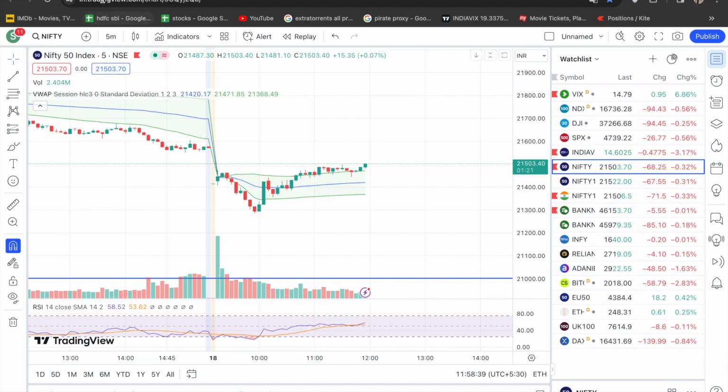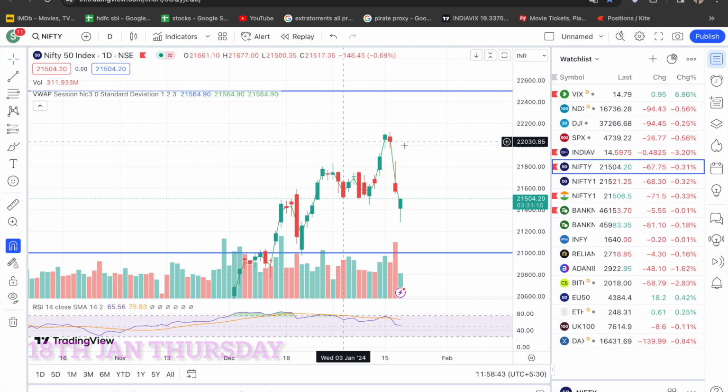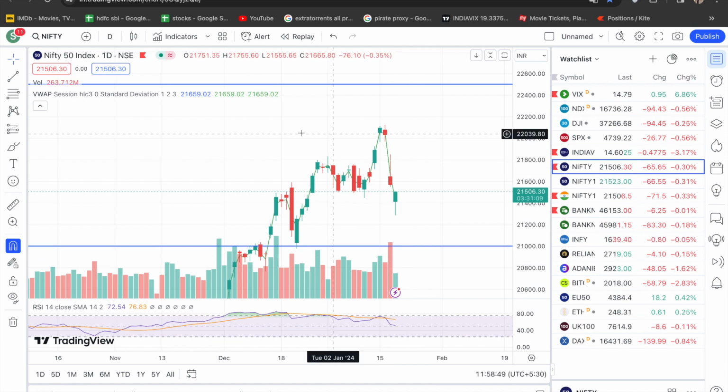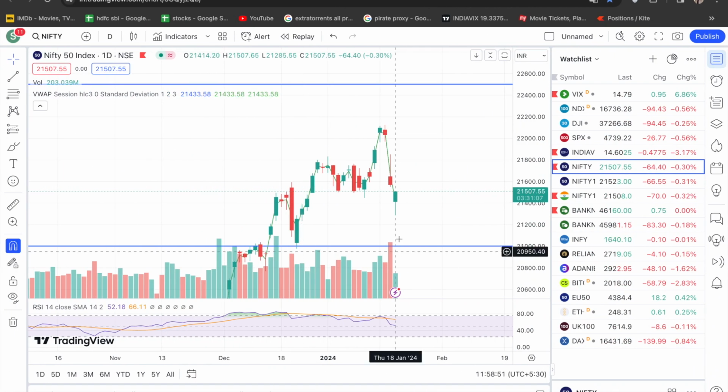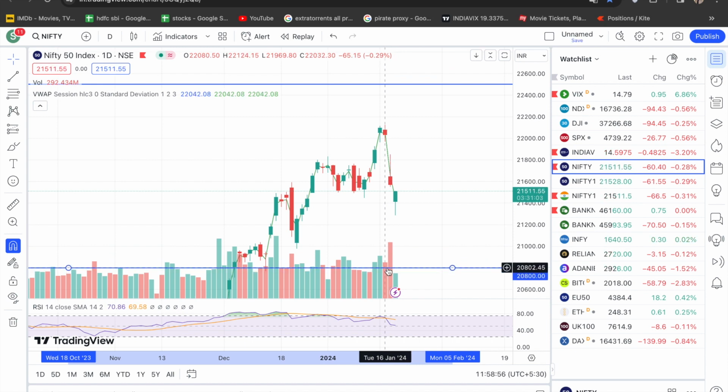Hello guys, welcome back. So today is basically 18th of January, and we can see there is some sanity return in the market, and the market is now going downwards. It's on a downward trajectory. Now here what we can see is that we have reduced our lower break even. We have brought it down to like 20,800 levels,